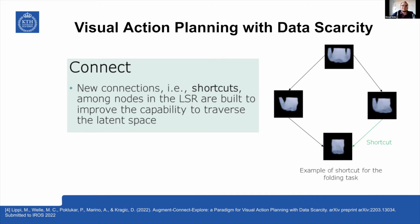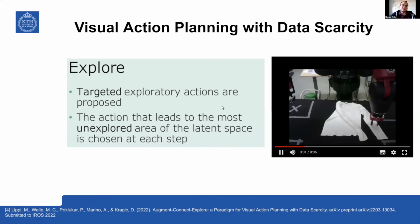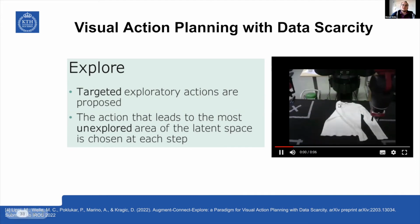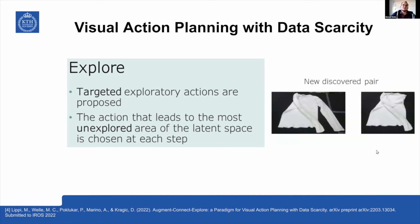And lastly, for the explore step, we want to have targeted exploration actions that are proposed. So here we kind of invert the thing. We also suggest a number of potential actions, and then we perform the one that results in the furthest away prediction in the latent space from any known state. Therefore, we try to get the action that is most unexplored. So here, for example, it noticed that if it would perform the action from down here to up here, this would be a very novel state because it's far away in its representation space from anything else. And then it adds this new pair into